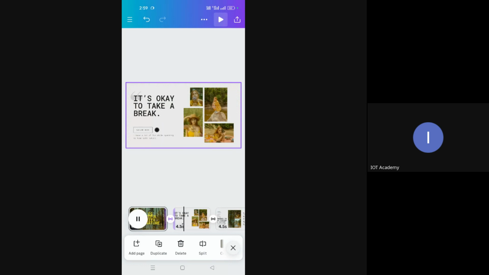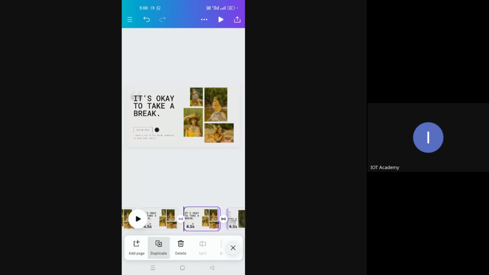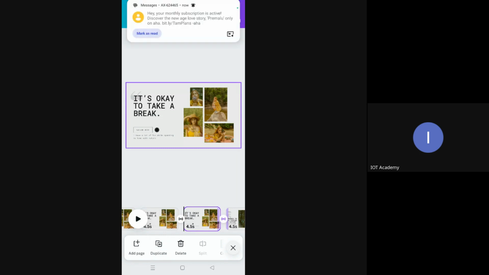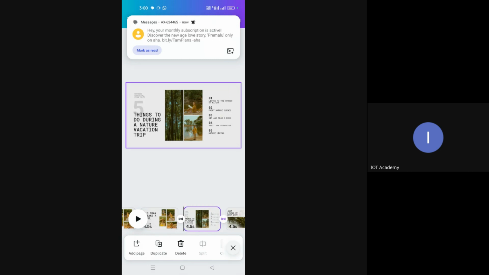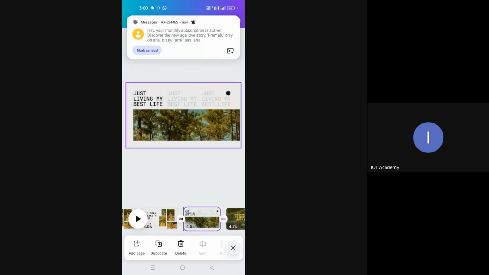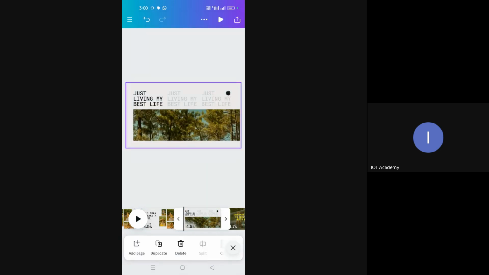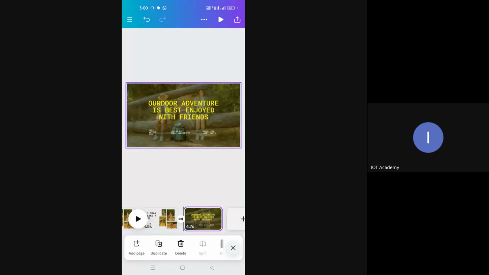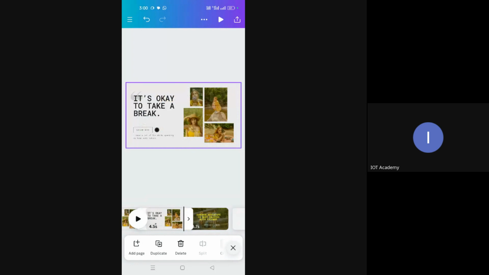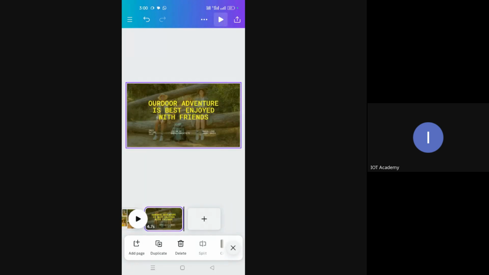Suppose I wanted to create a duplicate of this page. Okay, see how the duplicates have been created 3 times. This page I wanted to delete. I don't want this page, it is not so attractive, I will delete it. This page, probably I would keep. Yeah, see, if you wanted to add, you can add a few more.